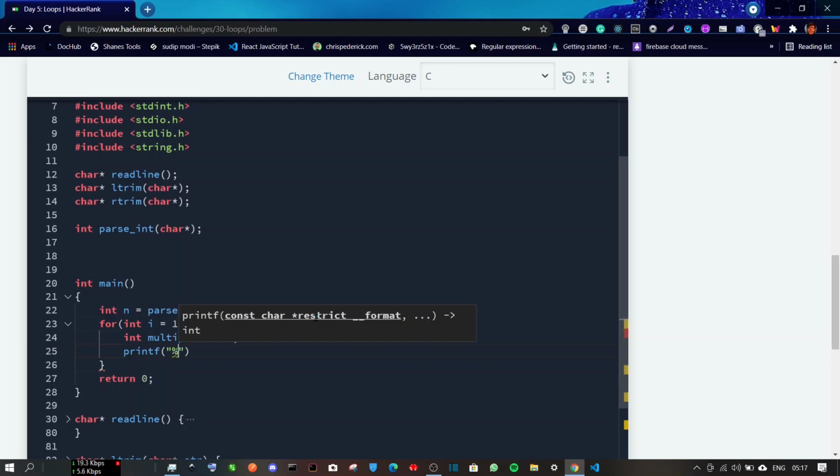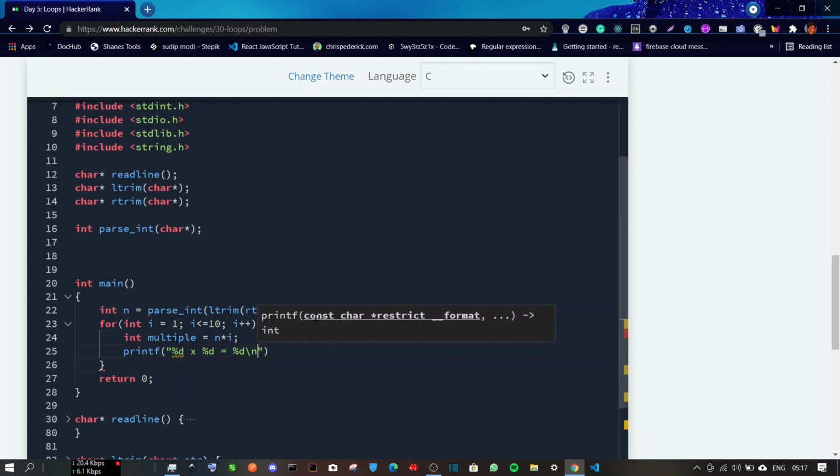We'll write %d and then we'll put a space, then we'll write x, then %d again. %d in the printf statement means we are going to replace that %d part with an integer. So then we'll write equal to and then one more %d.